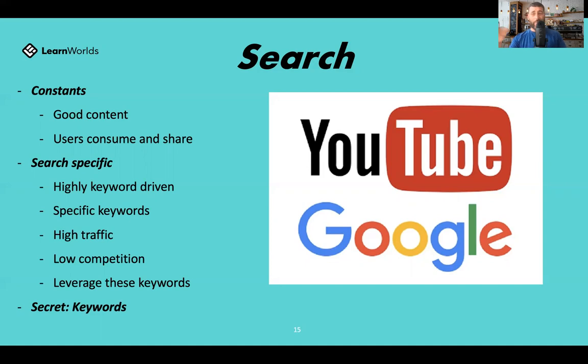It's kind of like, great, we've got these keywords, but where do we put them? If it's on YouTube, where do we put these keywords? If it's on Google, where do we put these keywords? Is it in the H1? Is it in the title? Is it in the slug? Is it in the photo? Is it in the alt text tags? Like, we want to know those things there.